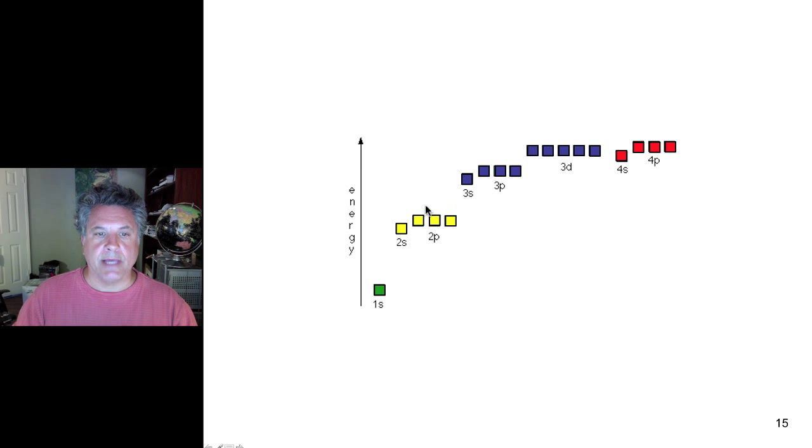At the third energy level, we have that repeated, an s orbital, and then x, y, and z p orbitals. In addition, in the third energy level, we find d orbitals, and we're not going to really worry about those for this course. And then finally, at the fourth energy level, we see this as well, and we're not worried about d or f orbitals found at that energy level either.